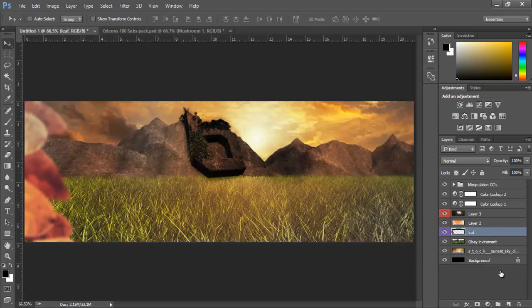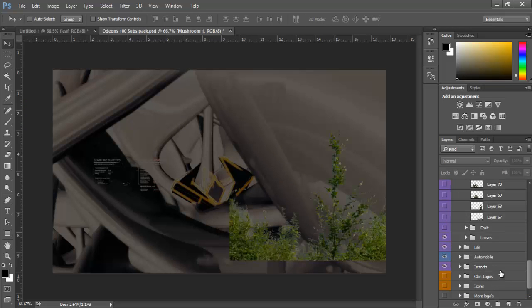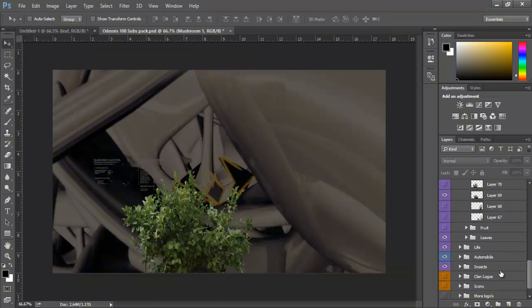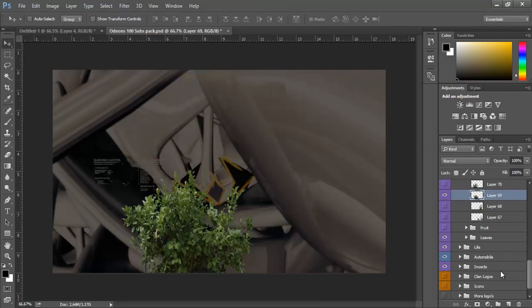Actually, no, let's not add that. That does not blend very well at all, guys. If you see something and you don't think it blends, that's usually when you go, oh, nope, that's not what I put in there. So usually,